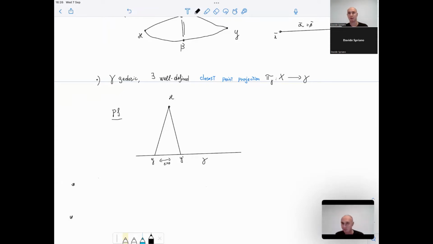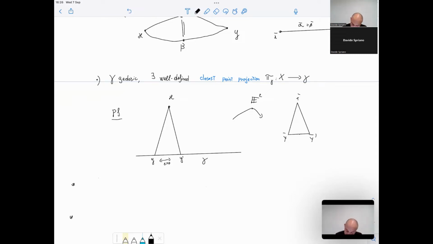Well, then again, we have one trick. Let's use it. So let's go to Euclidean 2-space and take a comparison triangle. Well, this is going to be an isosceles triangle